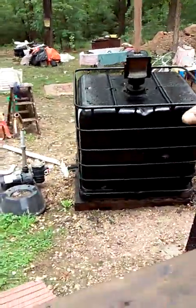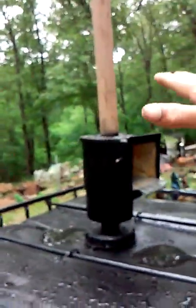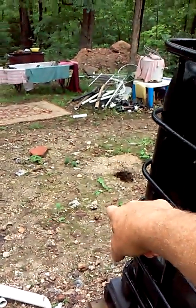Getting ready to build a little house around this and insulate this and put a radiator heater in here when I get it all plumbed up so it doesn't freeze up in winter. And like I said, I might have a shut off here where I can shut this tank off in the wintertime and drain it if I want, and have everything going straight into the